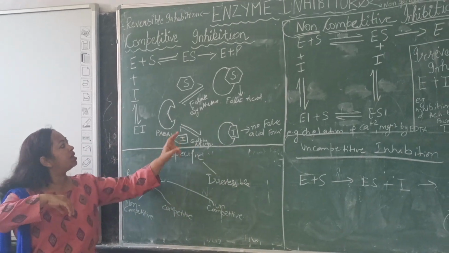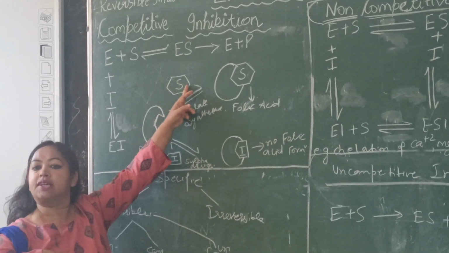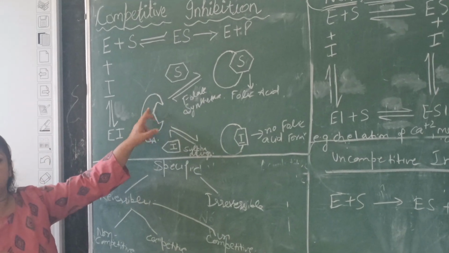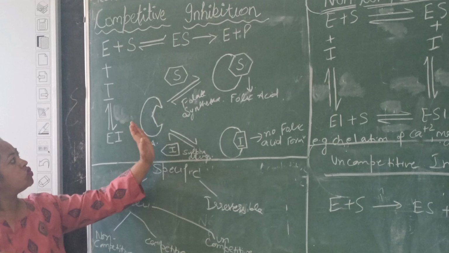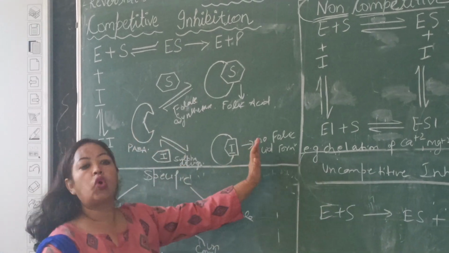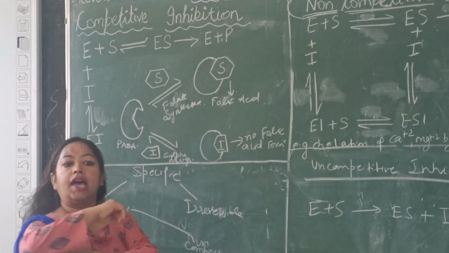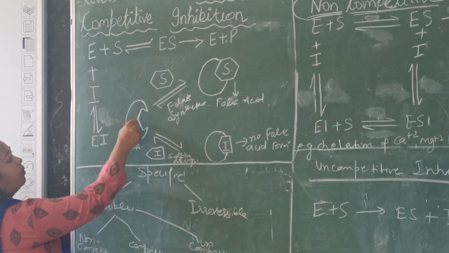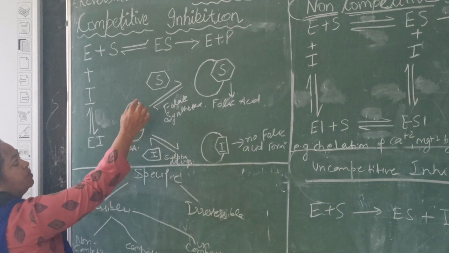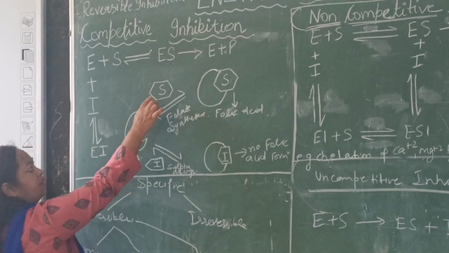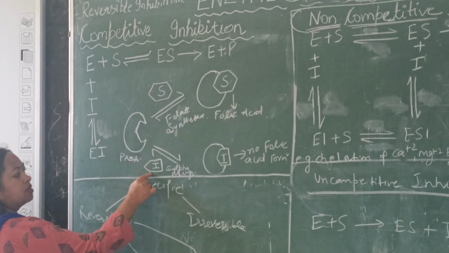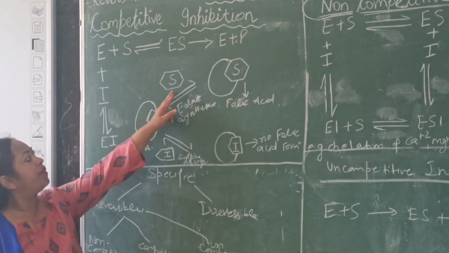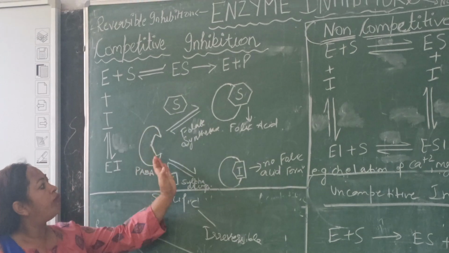So the inhibitor tries to compete with the substrate for the active site of the enzyme, so that there is no product formation. As we can see from this diagram, see the shape of the active site of the enzyme. The substrate has the same shape, the inhibitor also has the same shape. So the inhibitor here is competing with the substrate for the